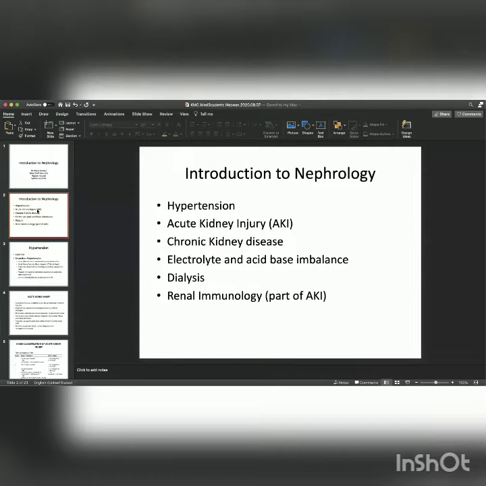The third component is chronic kidney disease. This is at the stage where people have progressed to chronic kidney disease, and you're looking at managing their kidney problems and all the other associated problems that come along with that. And obviously you have to transition them to dialysis or transplantation. The other important thing, which I have a personal interest in, which is probably very complicated, is electrolyte and